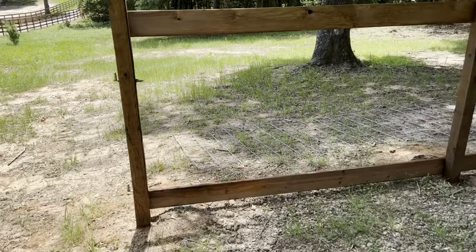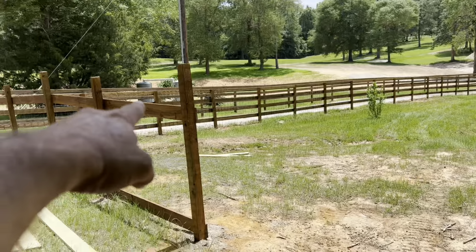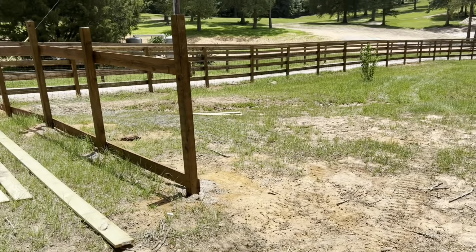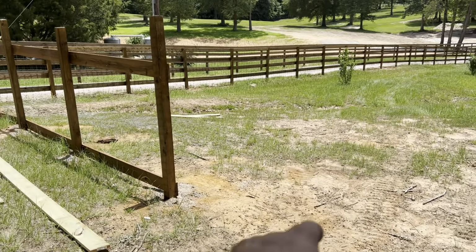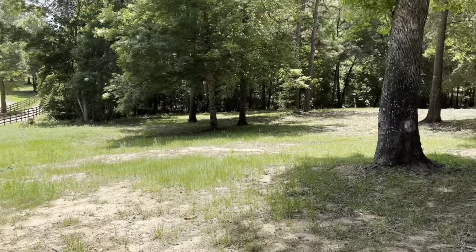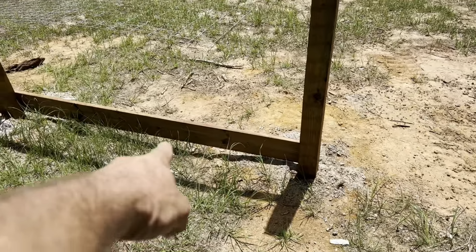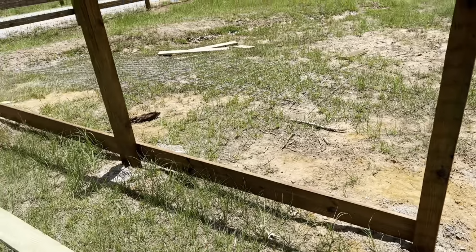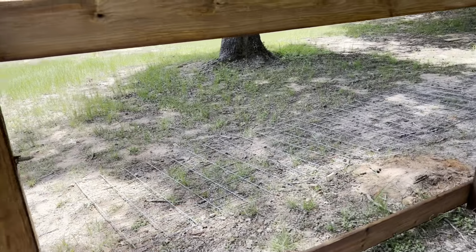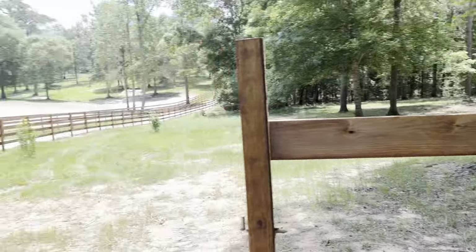Now, if you're trying to say, Lester, what you could do is simply raise that top board a little bit and raise the bottom up. Carl's not going to go under it. No, Carl will not go under it, but we're going to also have goats in here, and I do not want predators coming in to get at the goats. So you don't want a coyote or anything coming up trying to dig under. So I want it to be right along the ground. It has to be along the ground. And so no, we have to stay true to the size of the panels, and that's just going to have to be how we do it based on the terrain,